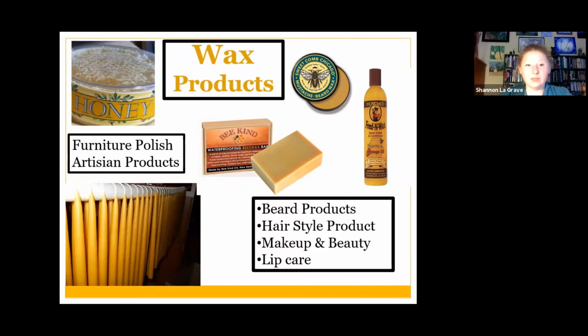Product of the hive, beeswax. You can see the Ross round in the corner. People sell that and just eat it whole. But there are beard waxes, door varnishes, violin varnishes. Beard wax, I can't get over that one. When I saw it, I was like, oh yeah. It's one of the oldest products that was ever used for waterproofing because it's meltable and you can apply it. It's a lot